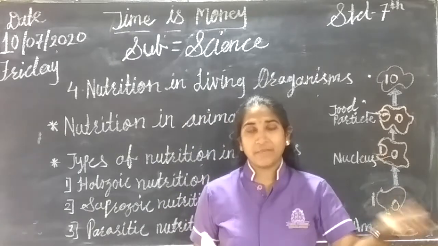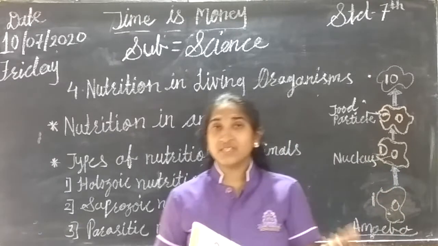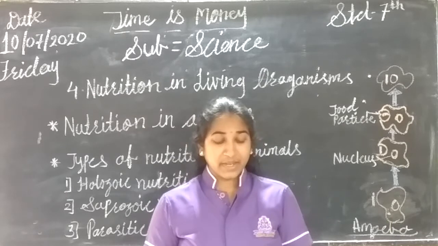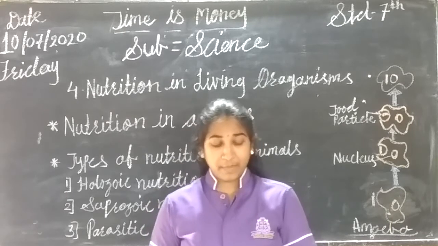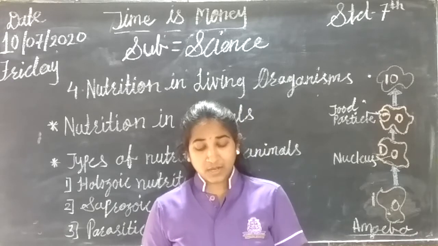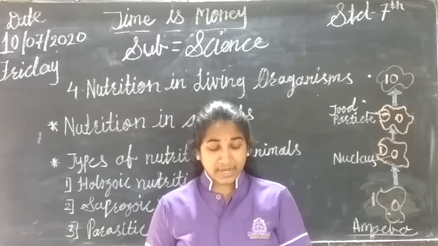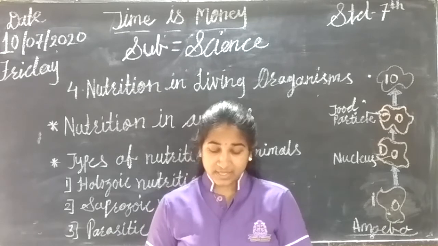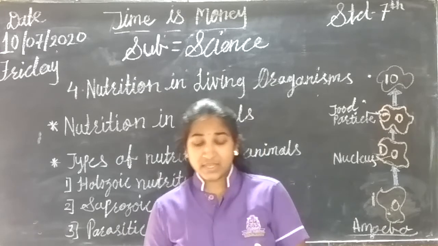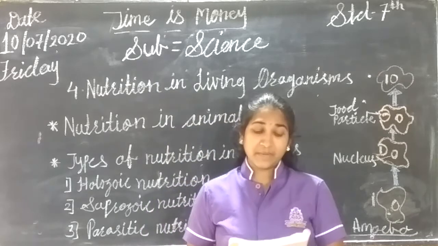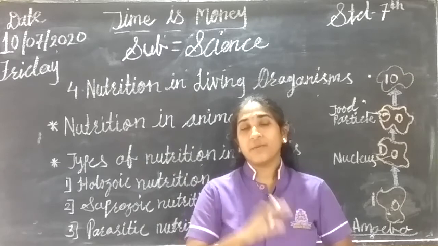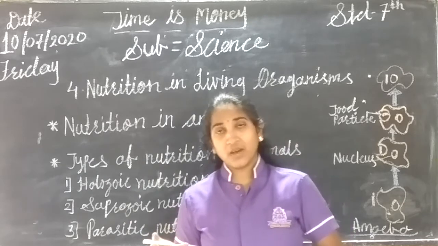Hand it is okay, but we cannot see the mouth of the amoeba. It is a unicellular animal. It can take in food through any part of the surface of its unicellular body. It surrounds the food particle from all sides to take it into the cell. After that, it digests the food with the help of different enzymes. See, the amoeba does not have a mouth, but it can take food from any surface of its body.